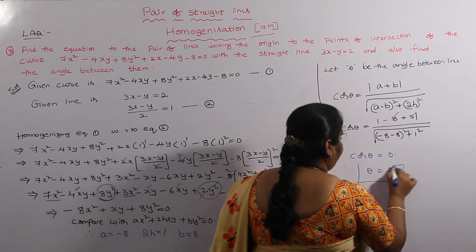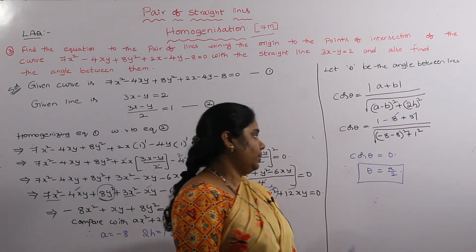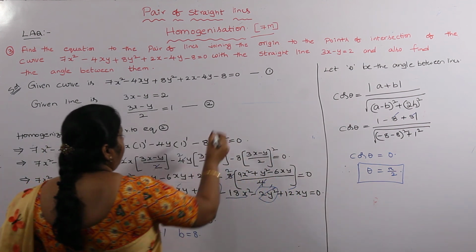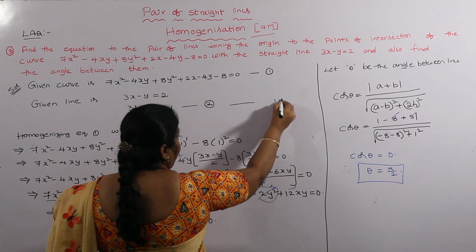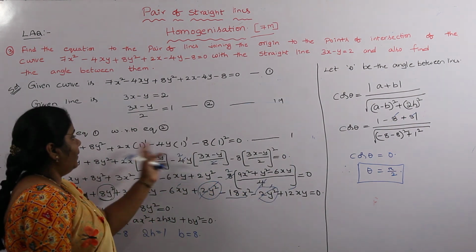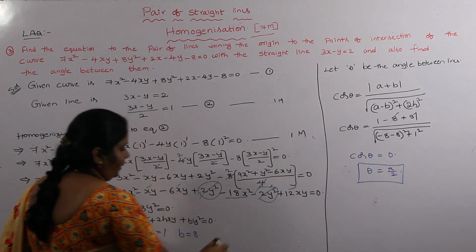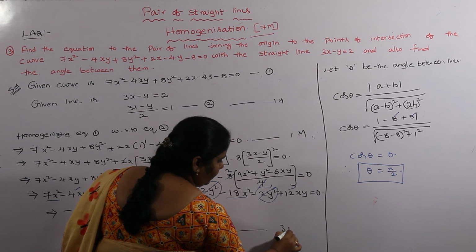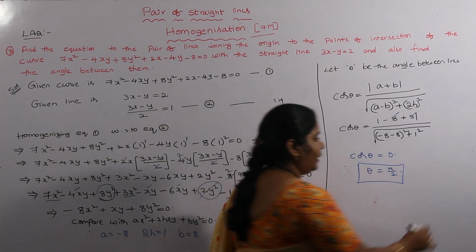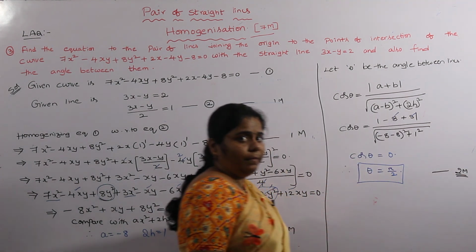Therefore the angle between the lines is theta is equal to pi by 2. This is a very important LQ. Actually I am giving the weightage marks. Up to this, for writing 1, we get 1 mark. For simplification we get 3 marks. For the answer, for finding the angle, we get 2 marks. Totally 7 marks. Okay, very important.